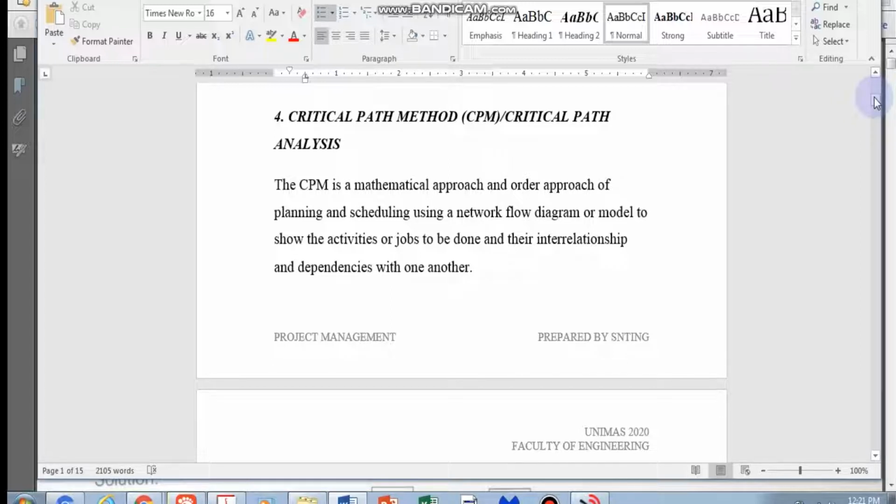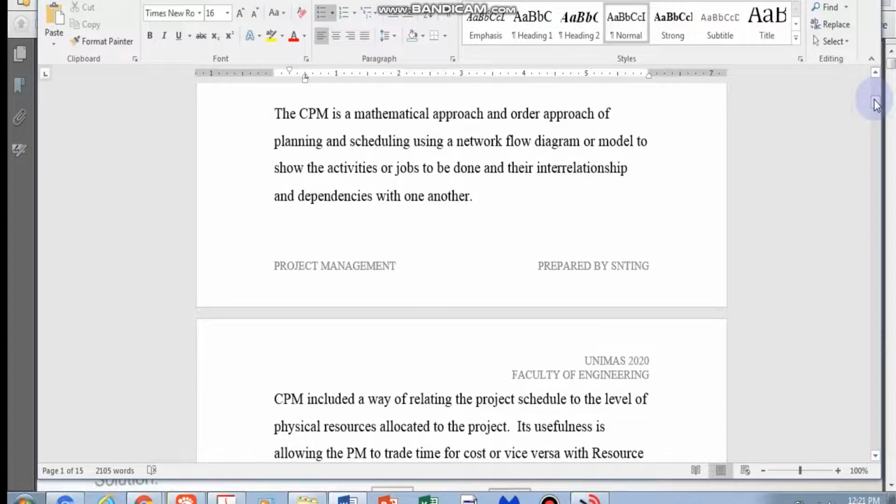approach. It's a very systematic, very mathematical approach to scheduling. It takes the network diagram or the model that you draw that shows the activities and the jobs to be done and their relationships. So you apply an analysis to that particular network, and that analysis is called critical path analysis or the critical path method. Okay,